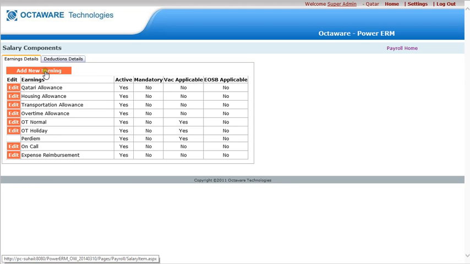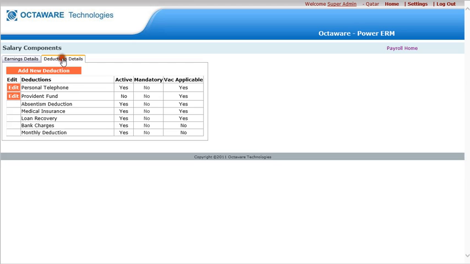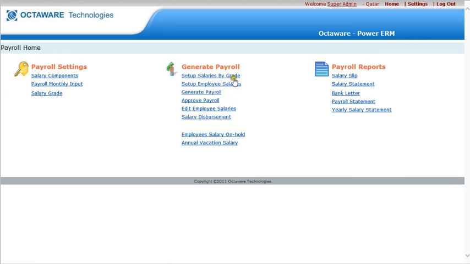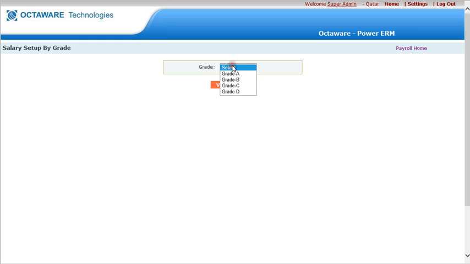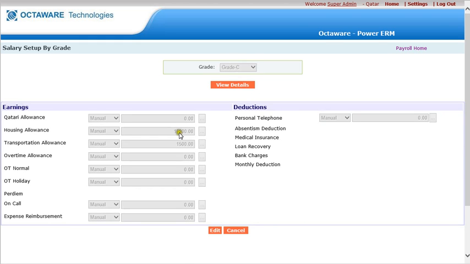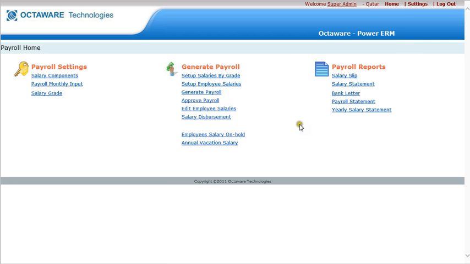If you want to add a new earning, you can add a new earning, and the deduction as well you can add in the deduction section. Similarly, we have defined the details for grade C. You can see the housing allowance is 15,000 and the transportation allowance is 1,500. So we can define the default salary for the grade, so it will automatically reflect once we go to the